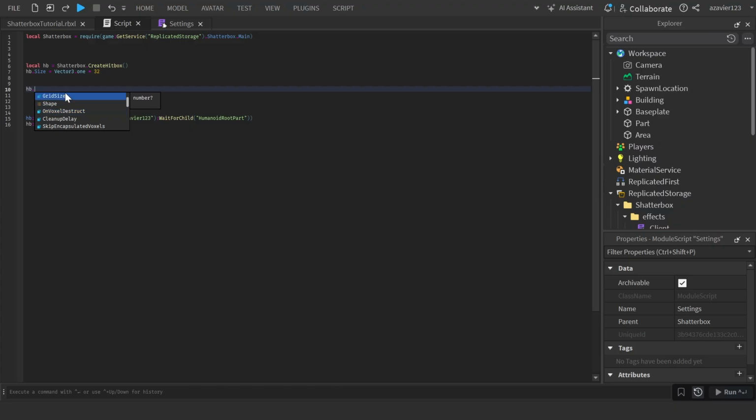GridSize, I really don't want you to use, but it does let you perform voxel destruction with any given grid size. And the reason why I don't want you to use it is because there are a few reasons. So if you